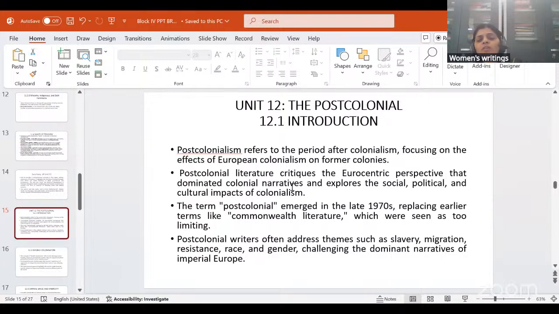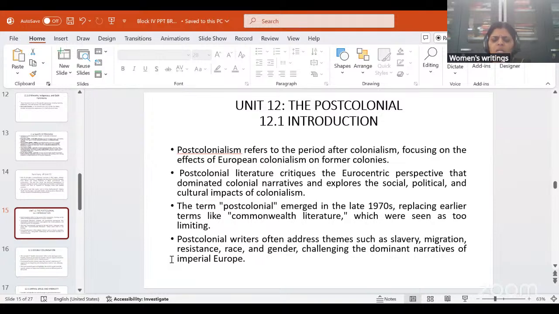Now, post-colonial literature critiques the Eurocentric perspective that dominated colonial narratives and explores the social, political, and cultural impacts of colonialism. So the term post-colonial emerged in the late 1970s, replacing earlier terms like Commonwealth literature, which were seen as too limiting. Anyway, post-colonial writers often address themes such as slavery, migration, resistance, race, and gender, challenging the dominant narratives of imperial Europe. So how Europe was so imperial, so dominant, right? So we get to see,